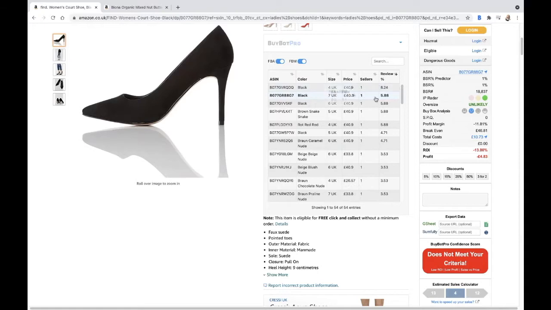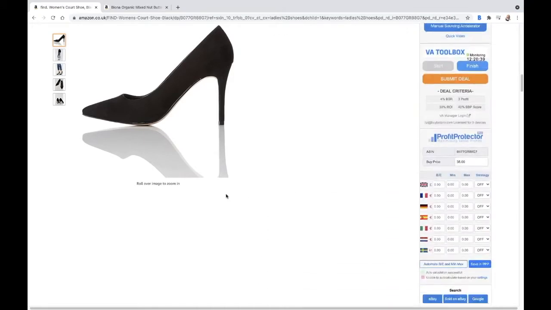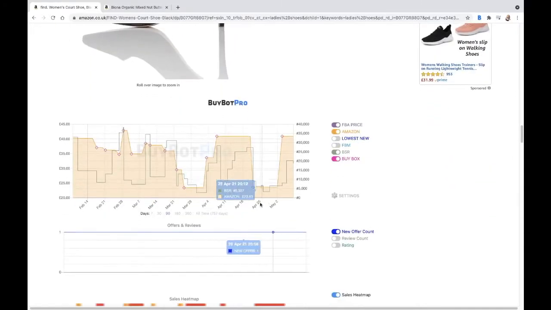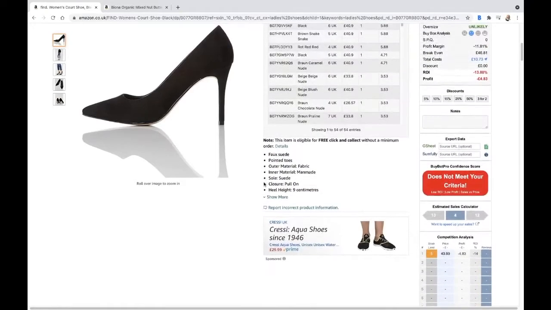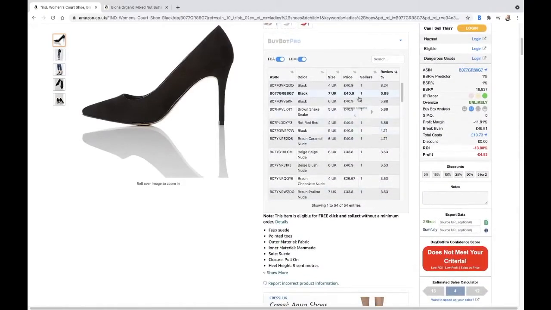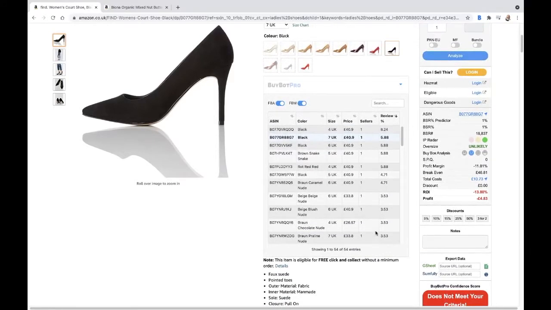So here I can see clearly that quite a few have got reviews and have been purchased. So this to me would straight away, unless this was a super fast seller, which we can see it's not because the estimated sales tell us it's 4 and the chart shows us it's not a particularly fast seller, that wouldn't be a product that I would buy. Straight away I can see I'd have to buy so many of them to cover all the different eventualities of what's fairly popular, and it's still only selling for a month. So it wouldn't be a product I'd be interested in buying. But as I say, that's called a parent-child ASIN.